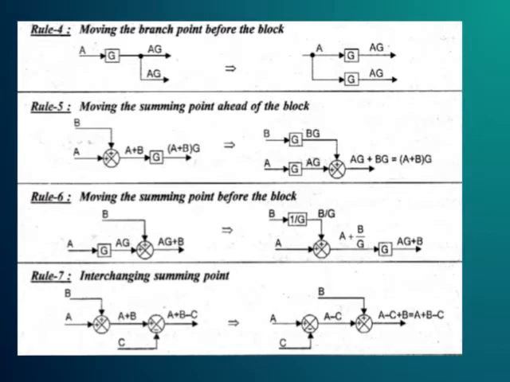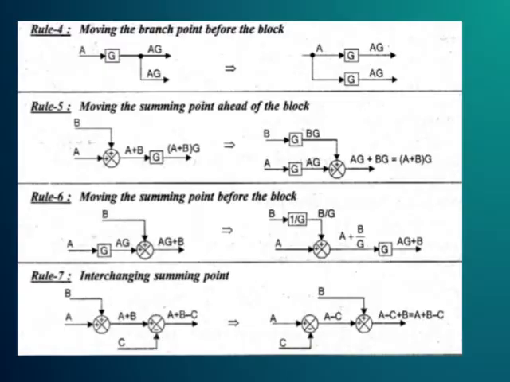If you move behind the block, it means before the block. We will see here the output as AG. When moving to here, then you can write the same AG. It means product. If you move the branch point to after the block, then you should take the reciprocal of the gain. If you move from after to before the block, you should multiply it.